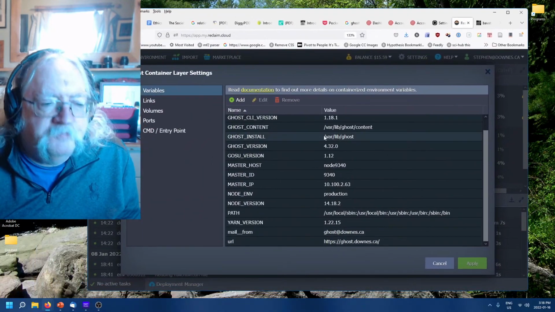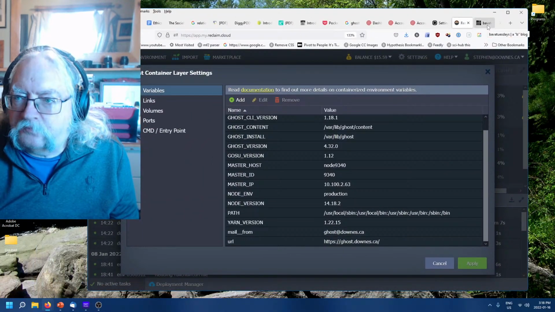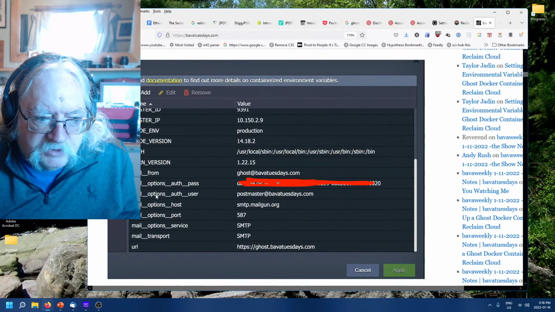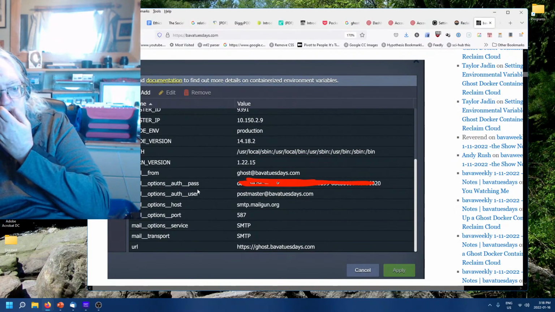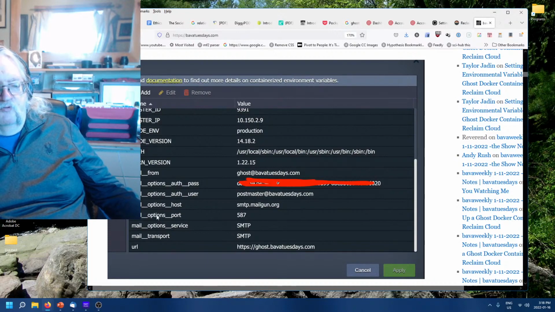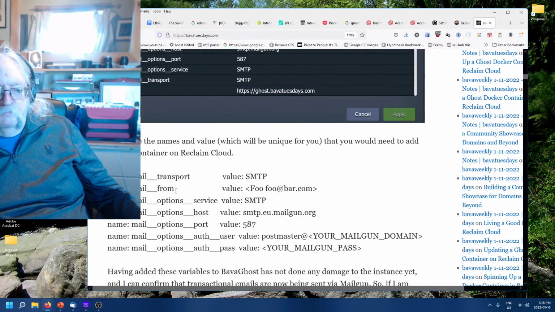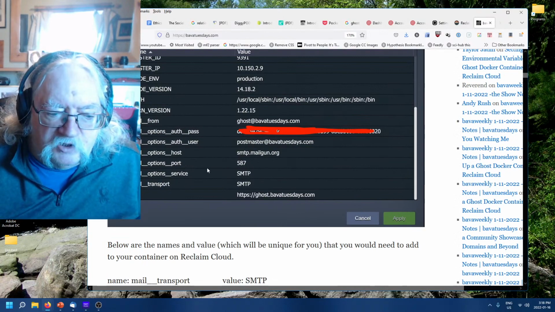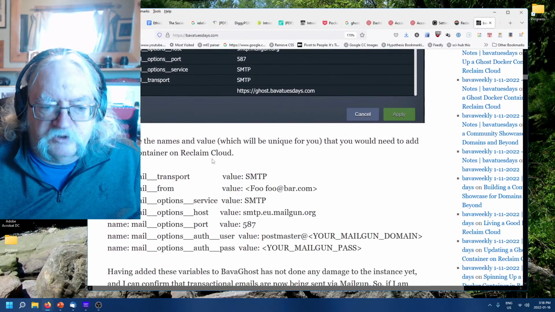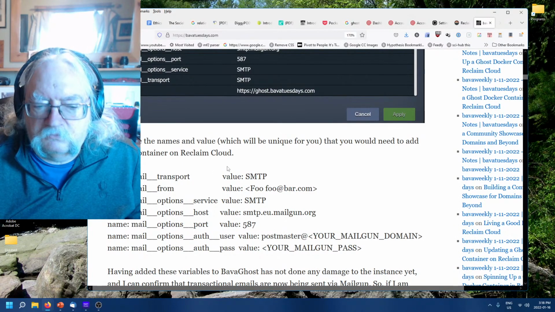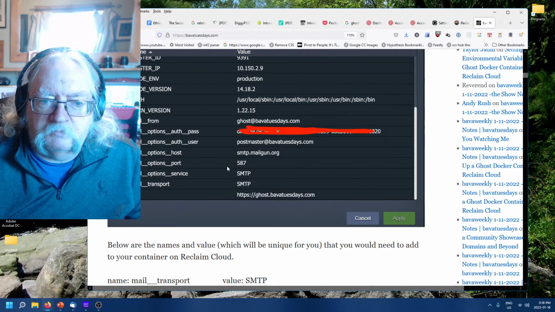There they are. So these mail options, this has to come from. These must all come from Mailgun. So let's do some of the easier ones first, and then we'll get to the mystery ones. So mail transport, mail from,